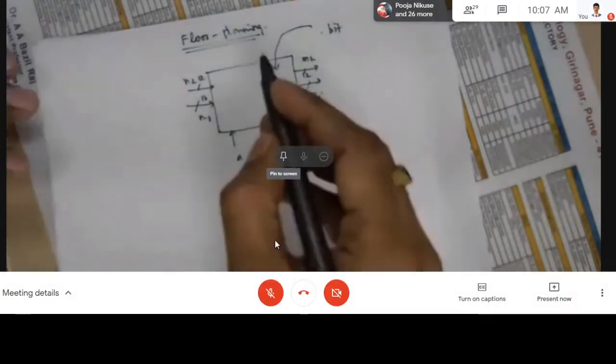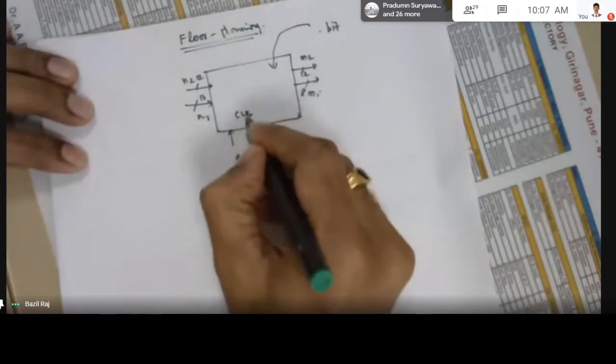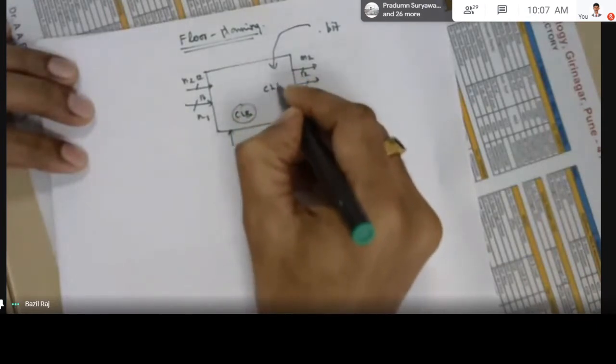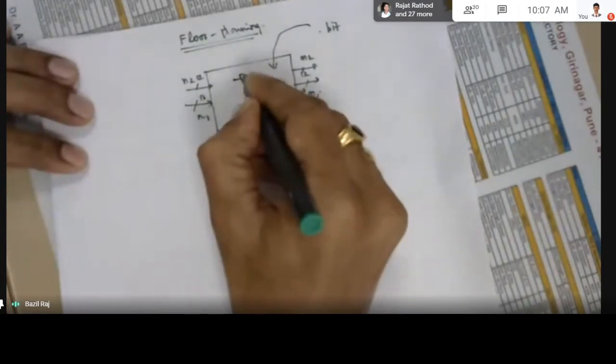right? So suppose it takes one CLB here, one more CLB here, right? And one AND gate from here, one AND gate from here, and one LUT from here, something like that. The tool will optimize the design and take the resources to make internal wiring in such a way to perform our required logic, so that this output will be generated with a certain logical combination of these inputs, right? So the tool will take care of it.